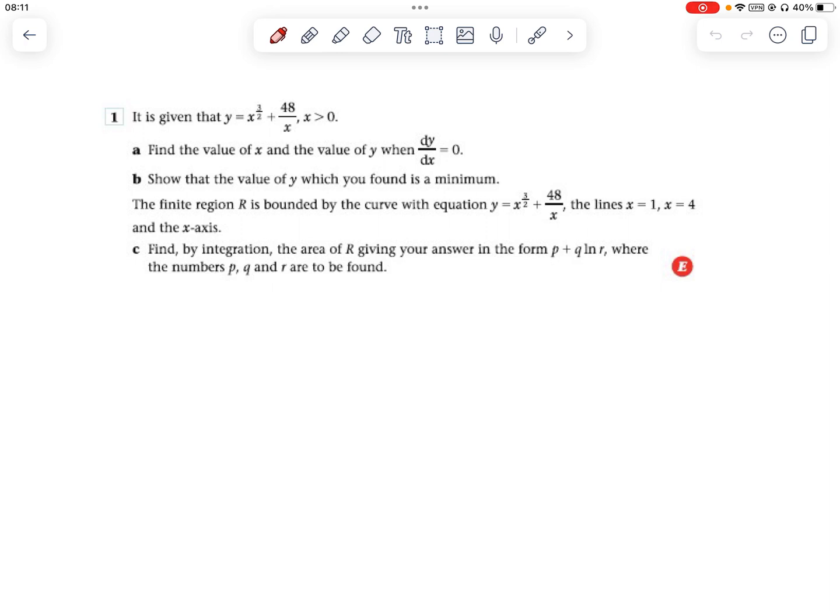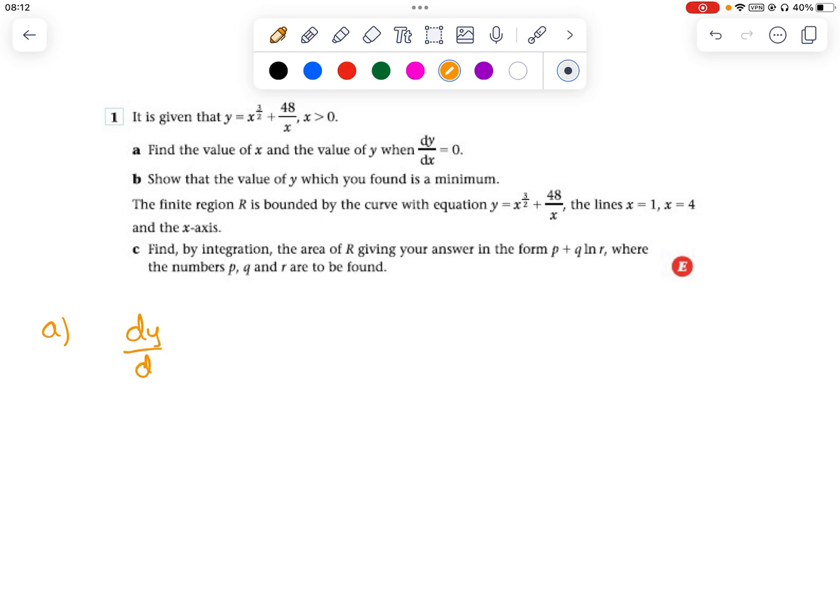So it is given that the first question, y equals x power 3 upon 2 plus 48 upon x. Find the value of x and the value of y when dy by dx equals 0. So what has been given? dy by dx equals 0. So I find